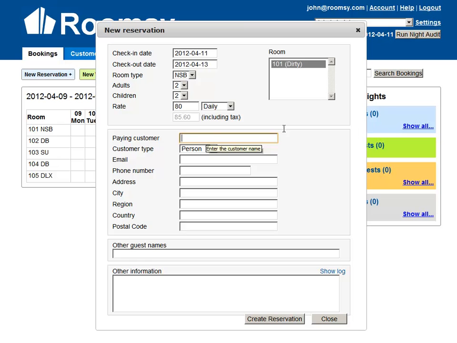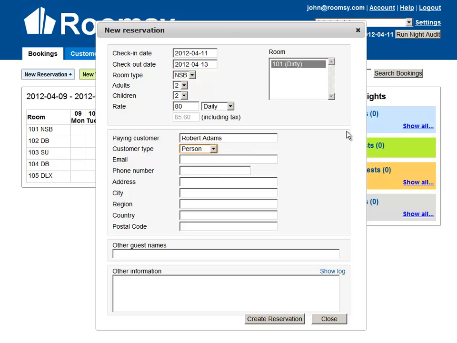And I'm going to go on ahead and write down the paying customer. Let's say Phil is checking in. Oh, look, he's already there. This is because I entered Phil beforehand, right before this tutorial. So Phil Johnson, but you know what? I don't want to use this quite yet. I'm going to make another booking in future, and I'm going to use Phil. But in this booking, let's go with Robert